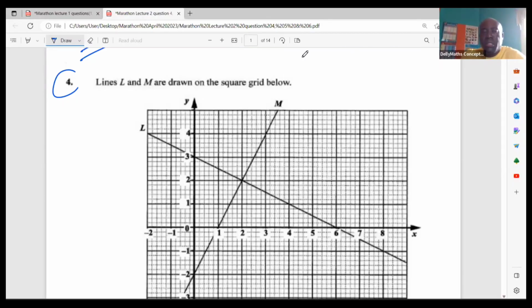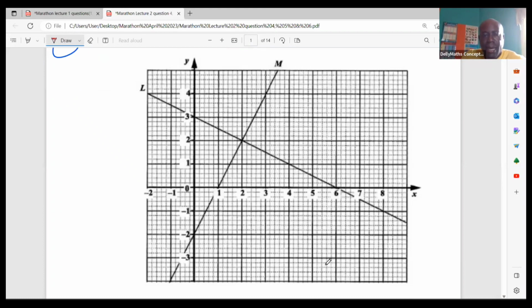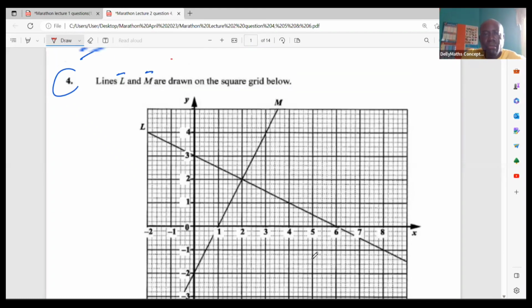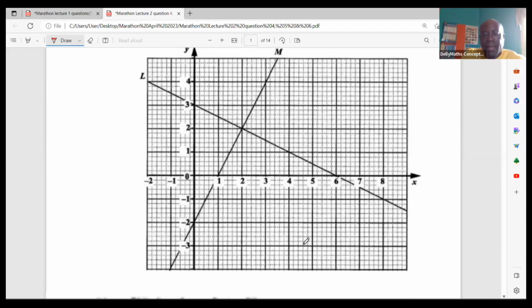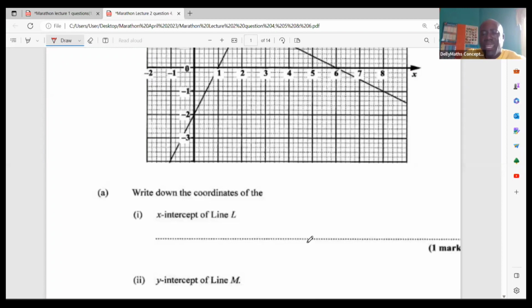Let's go through that. It says here, lines L and M are drawn on the square grid, right? And you're seeing them. Looking at your grid, you're looking at the lines. All right, let's see what they're asking. It says write down the coordinates of